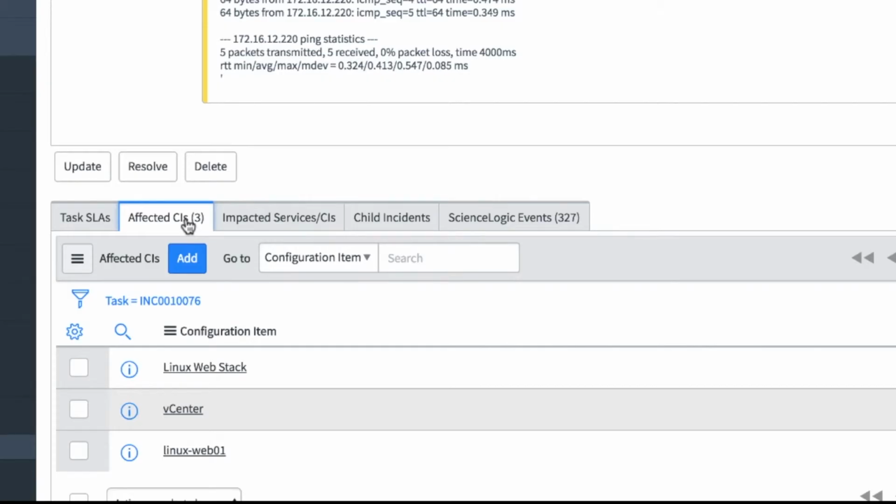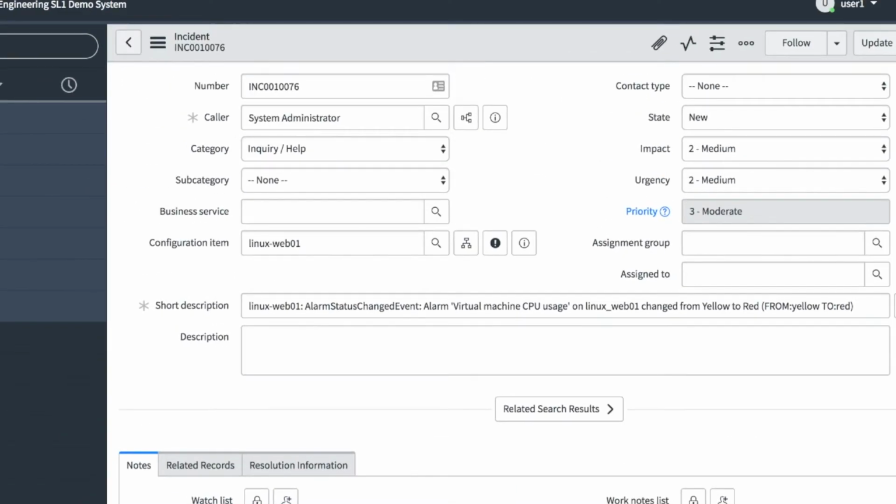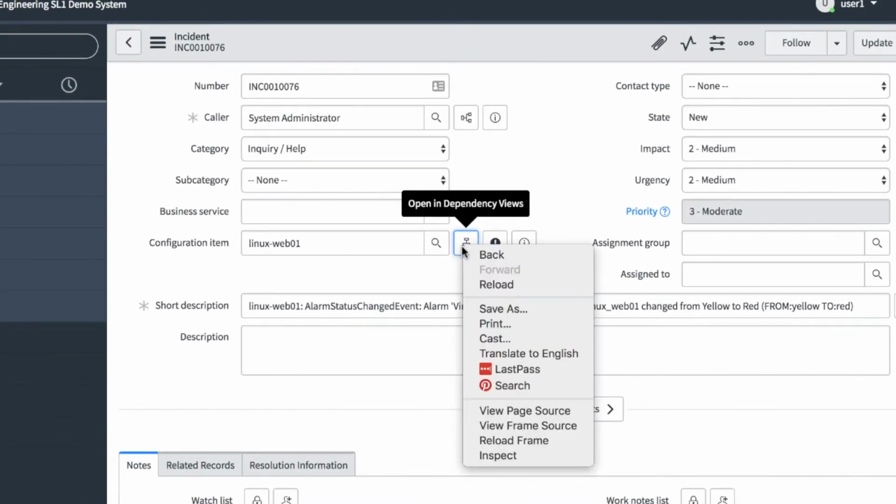Okay. So we also can show the affected CIs. These came from our relationship discovery that we did with VMware. Now here there's a few different CIs. We know that this Linux web server is part of a Linux web stack. It's running on vCenter, so that's some basic information. But we also can do much more information here with regards to the maps. So if we look at the map,